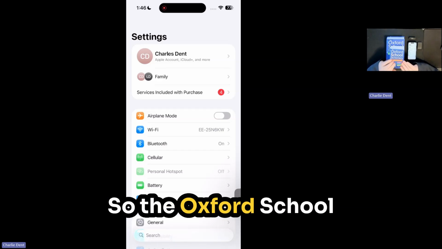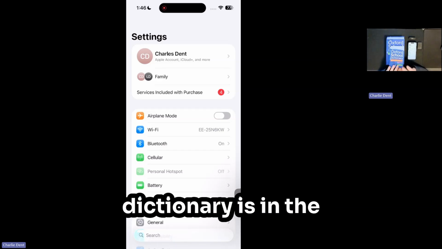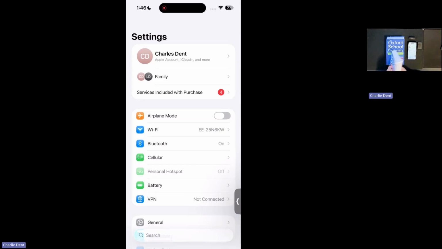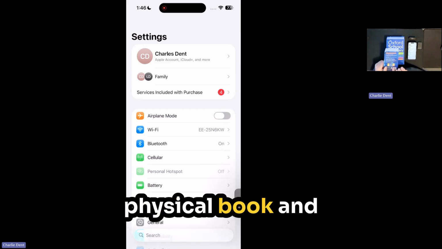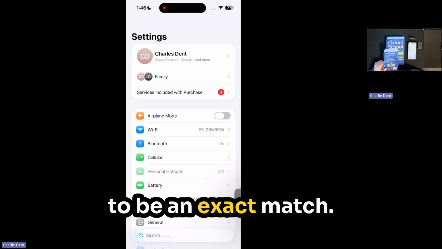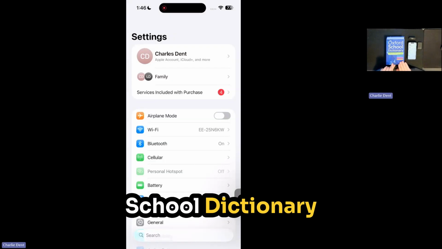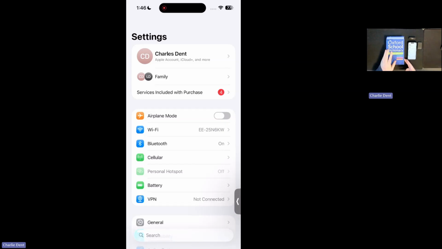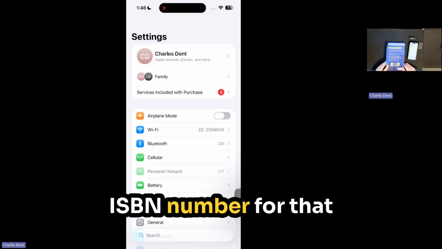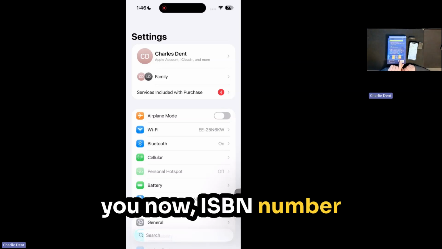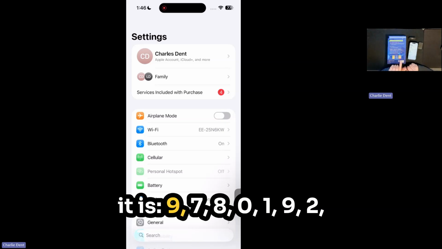So the Oxford School Dictionary is in the book library, the softback version. You need to buy the physical book, and the ISBN number has to be an exact match. Okay. Now, the Oxford School Dictionary hardback version, I will show you the ISBN number for that, and I'll read it out to you now. ISBN number, it is